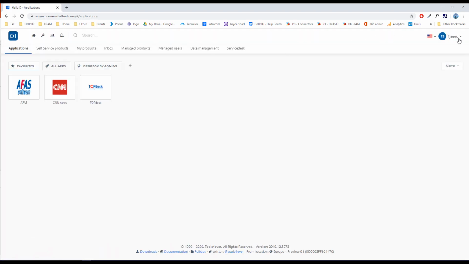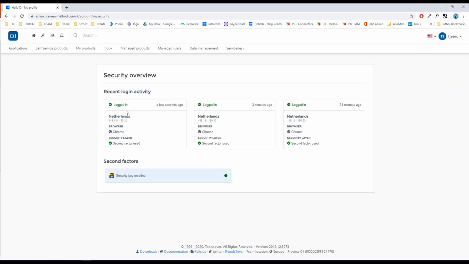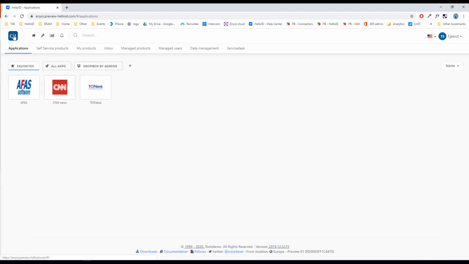And I can also show you the security overview to make it even more secure. And here I can see that I just logged in a few minutes ago, and I used the YubiKey to use the multi-factor. Okay, so let me continue with another product, and that is I'd like to show you HelloID